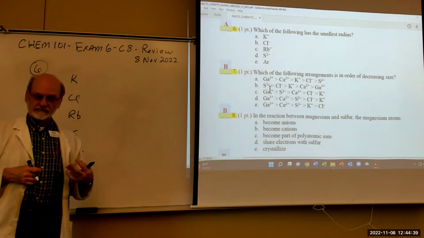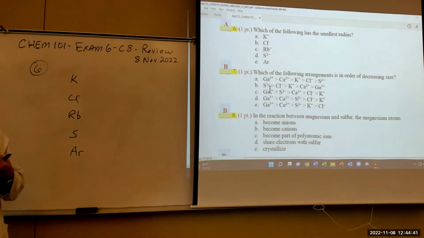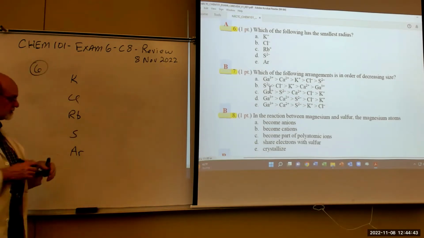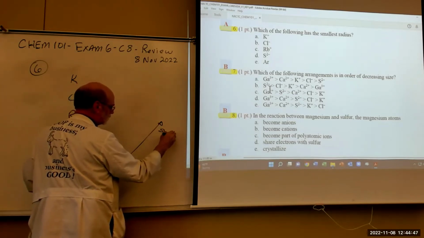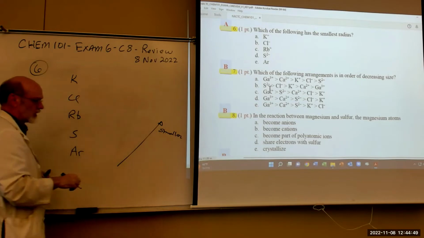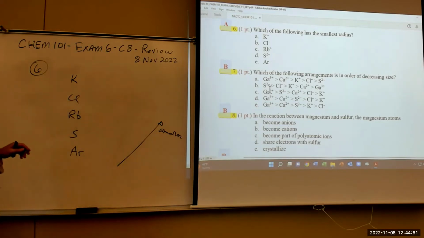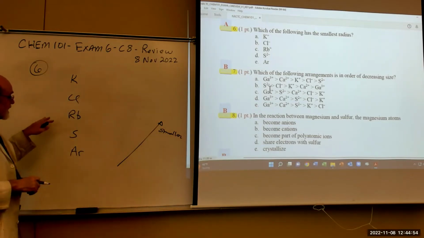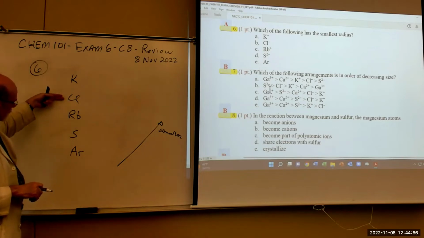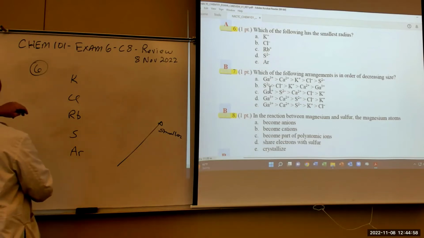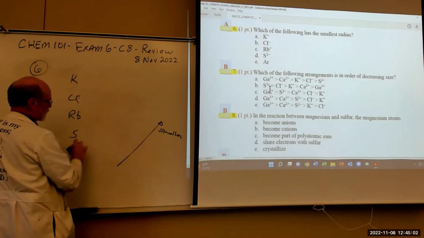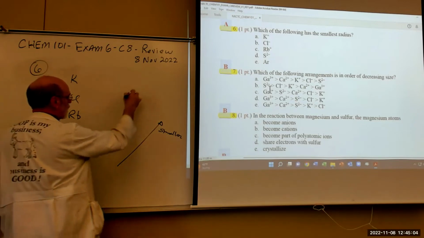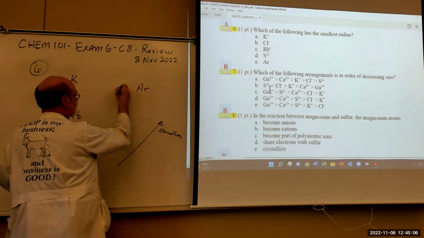Right? They get smaller from lower left to upper right. Smaller. Lower left to upper right. So if that's the case, then argon is in the upper right. So the smallest one would be argon, the next one would be chlorine,